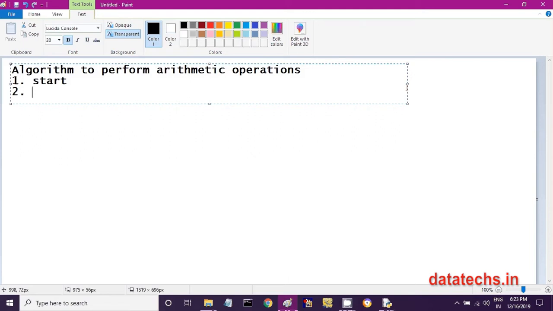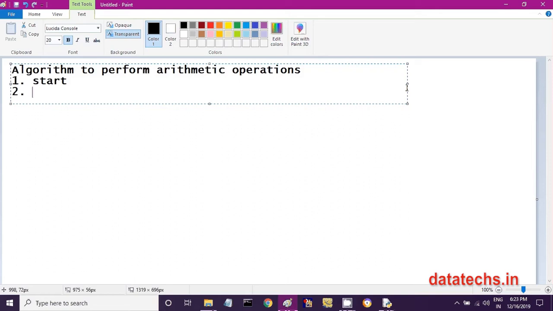Input means whatever data you have to give to your computer, that data is called input, and whatever the result computer is giving back to you, that data is called output. So let us provide the input first to our computer.